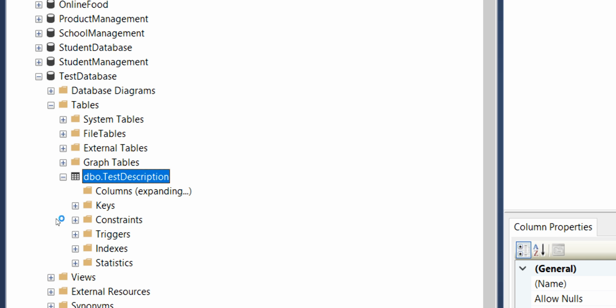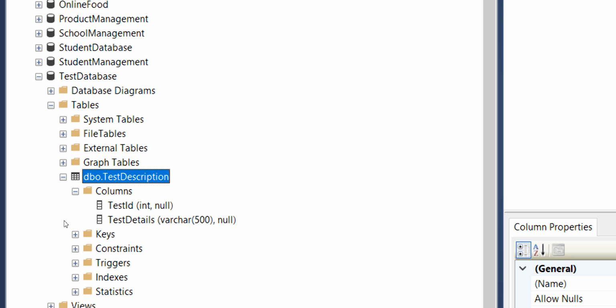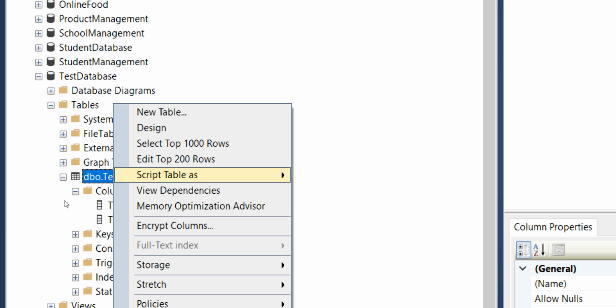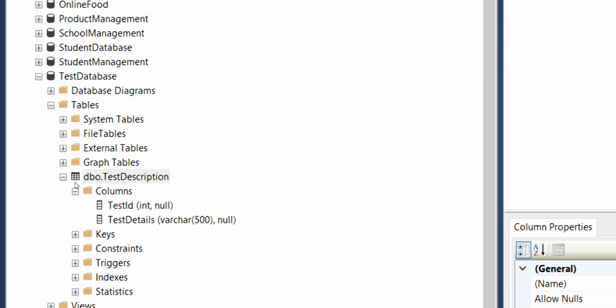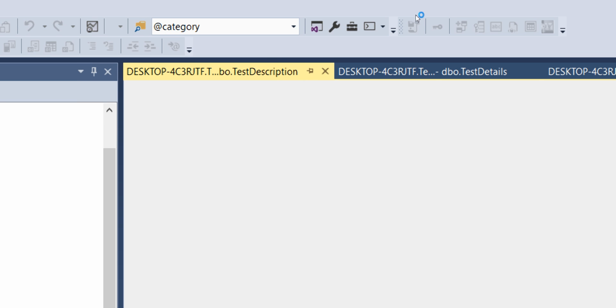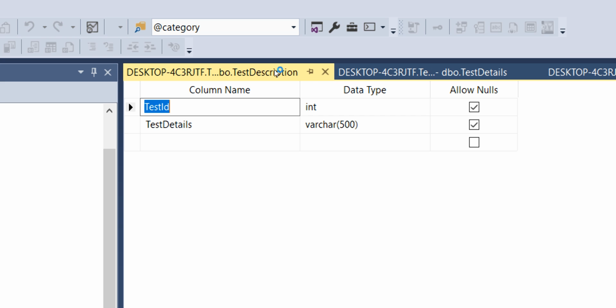So this is going to change the name of the table. Now let's say I want to change the data type of this test ID. How can we do that? You need to right click on this and you need to go for this design section. When you click this, you are going to again have a pop-up, something like the previous one while creating. So now you can edit whatever you want.